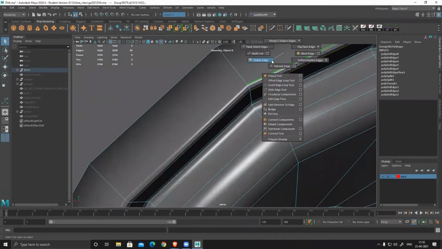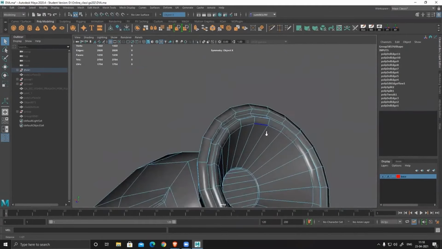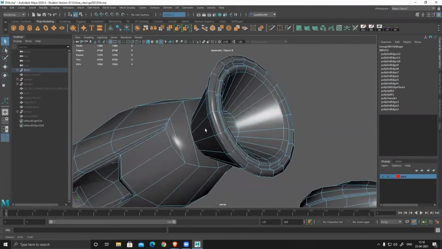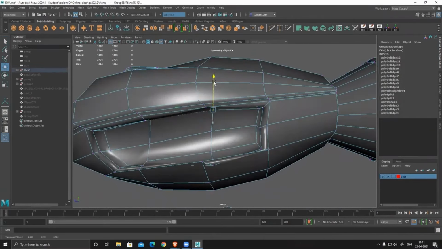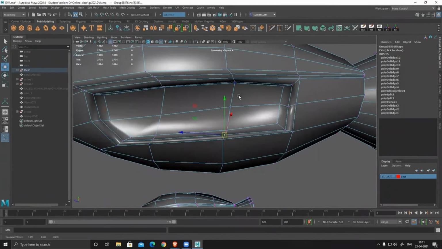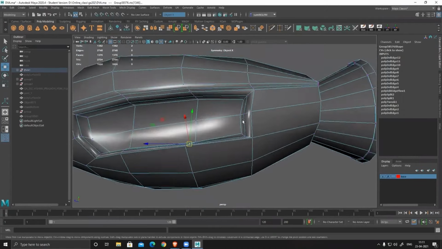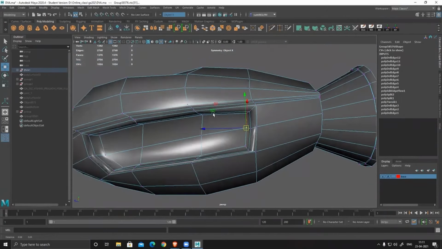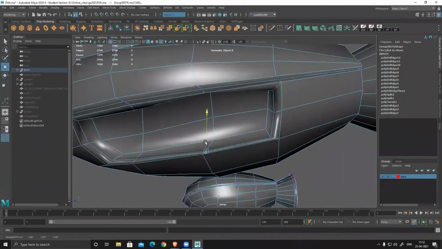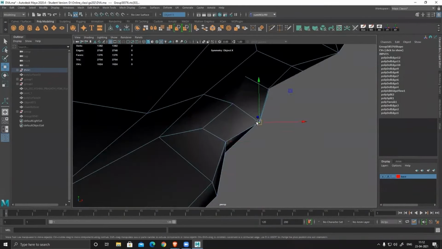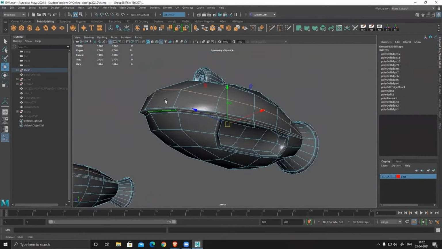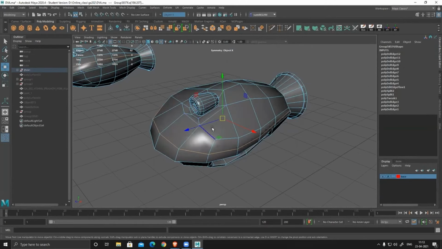So I have my model finished, so I'm just simply optimizing my base model and removing all the supporting loops. I can see some distortion happened, so I'm fixing those things also. Because for a base model your topology maybe is not that important, but still if you create a very good quality base model, you can use it as a base for your low poly and add all the missing detail. It saves a lot of time.